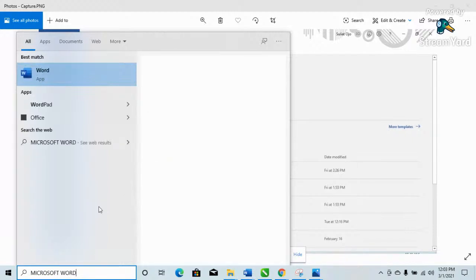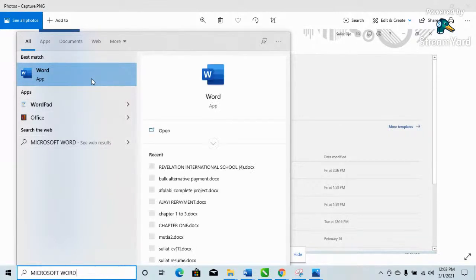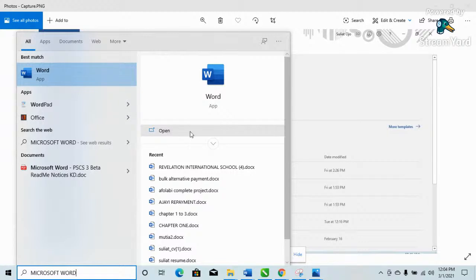We are using Windows 10. You see it here. When you are using Windows 10, you see it come out like this, and you can click open. If you are using Windows 7, then you can just click anywhere you see Microsoft Word written out boldly. I won't be able to click on open here because my software is illegal and I'm using internet, so it will read very fast and corrupt it. So you click on open. Once you've opened it, it comes here